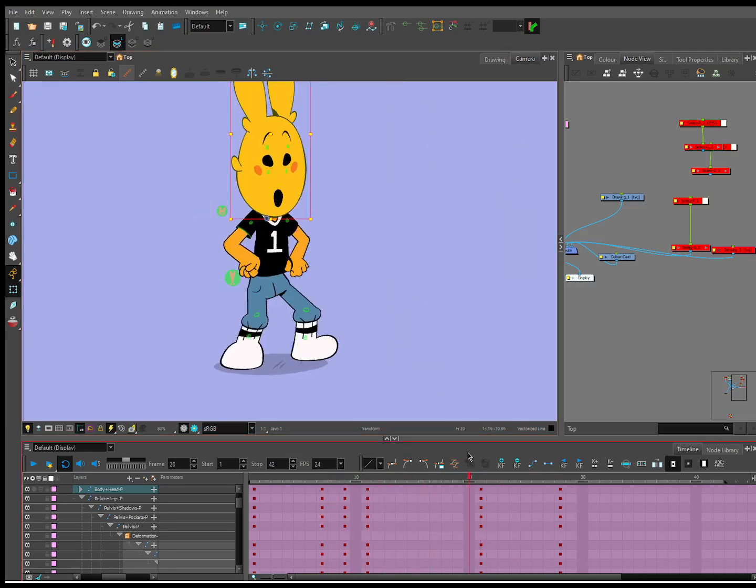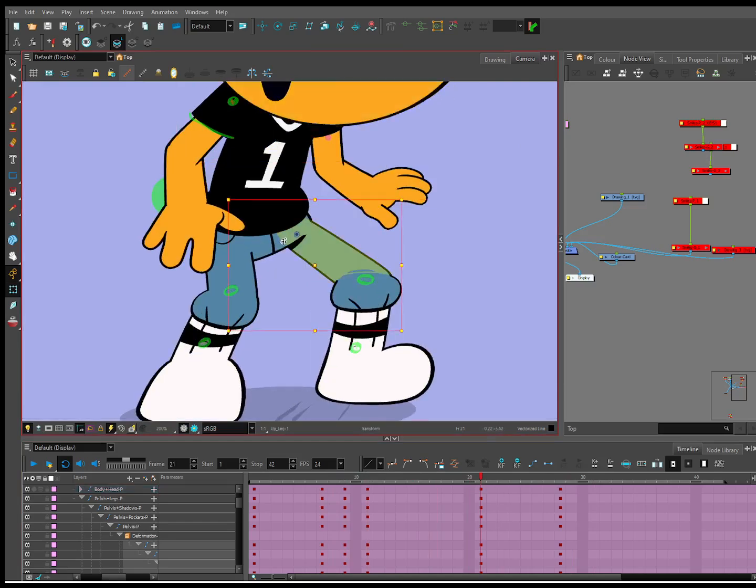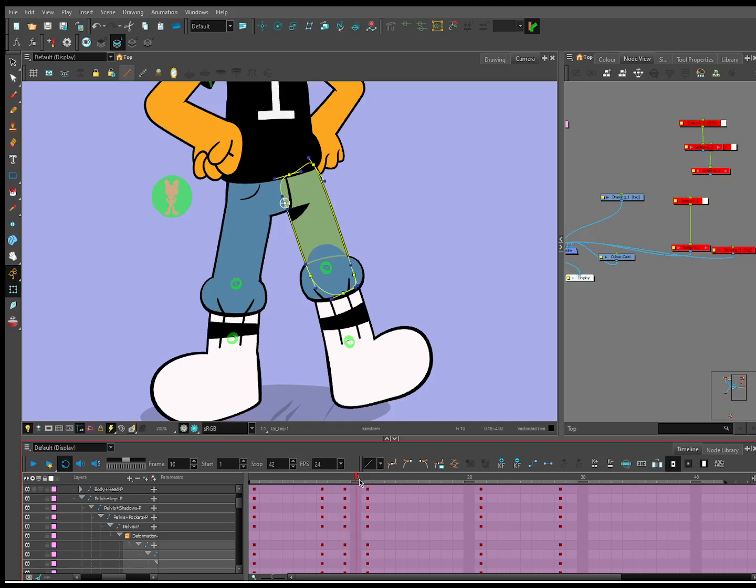I'm just going to change something really quick because it's bothering me, because the hip arc is not, the hip's not going in a, there you go. It's a little better.